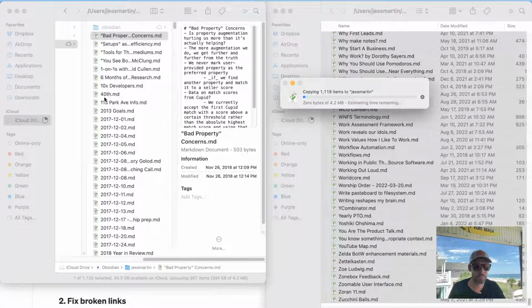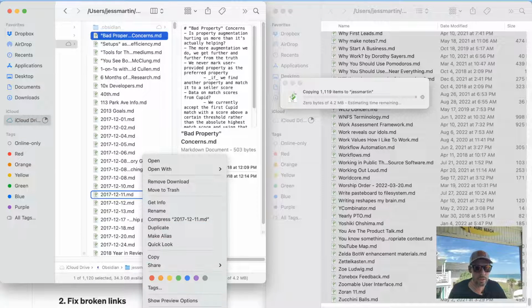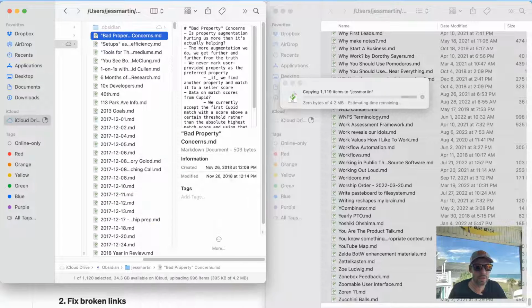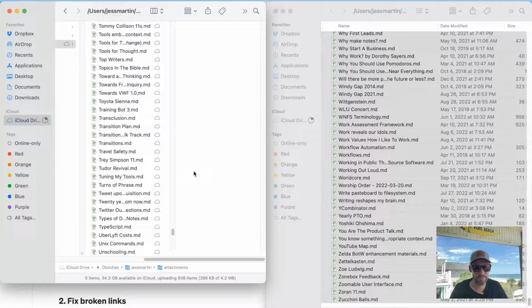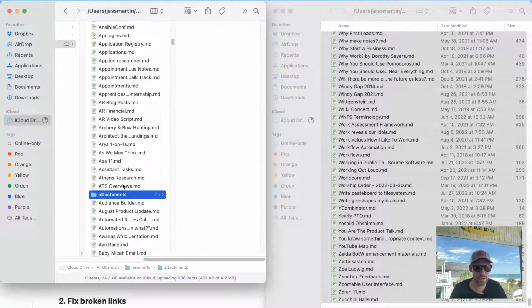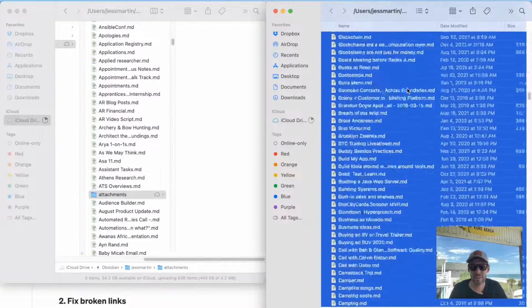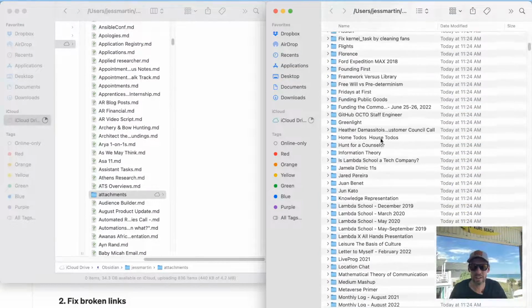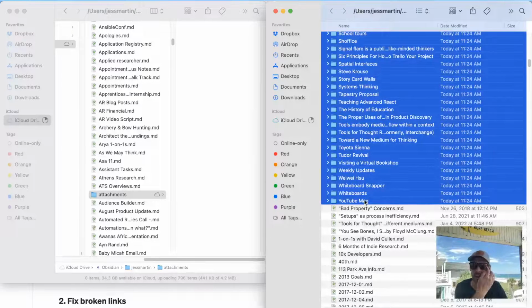All right, let's go ahead and create our new folder while we're waiting for iCloud to do its thing. I think I can maybe right click in here and create a new folder. There we go. Attachments is what we'll call it, because why not? Oh, looks like it says that has completed. So we have copied everything over. Now we want to grab, this is actually going to be a lot more stuff. Kind of concerned about this actually.